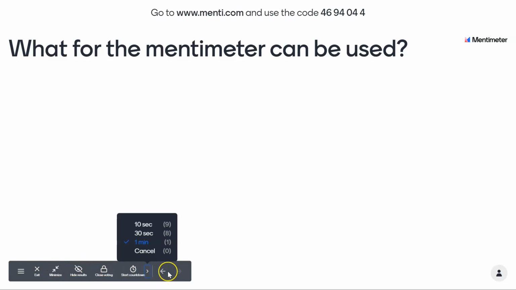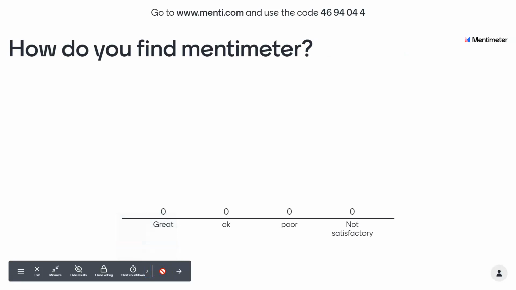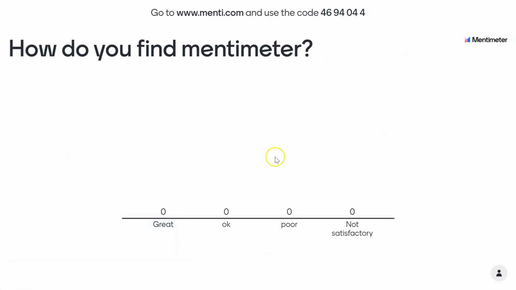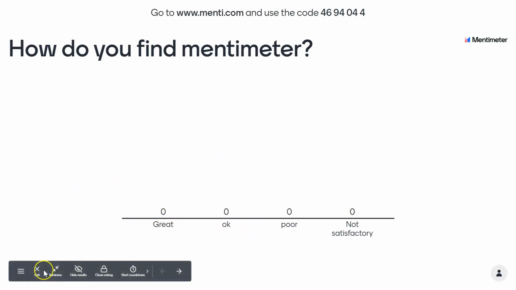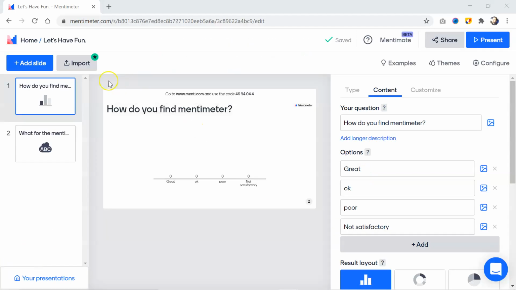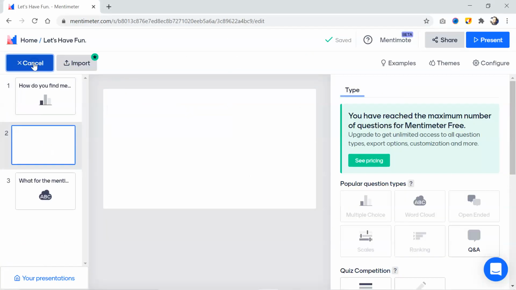With these arrow buttons, you may switch between your questionnaires. Now it is another question, and again the audience need to place this code, or they may switch to the next question if they are already in this presentation. So likewise, after getting the response from here, you may exit this quiz. Further slides can only be added with a premium account or premier subscription of Mentimeter.